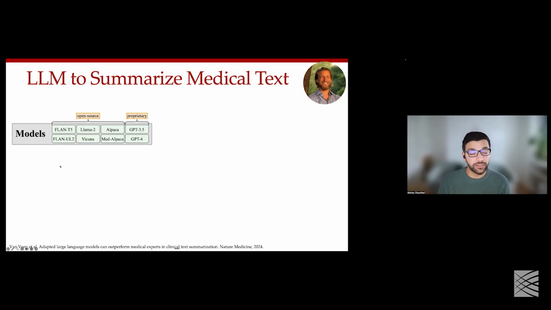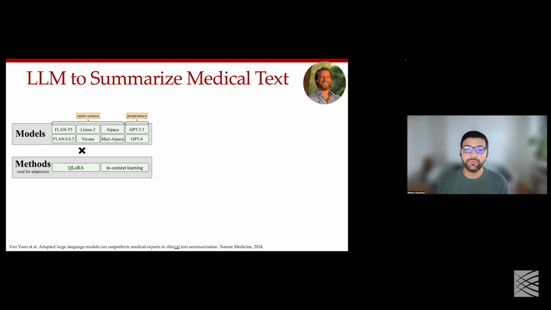We wanted to use a lot of open source models that we had available to us, and we wanted to use proprietary models that had high levels of performance. But given that we knew there's likely a domain shift between general domain knowledge and clinical knowledge, we also wanted to come up with different adaptation mechanisms where we can convert these models to having more knowledge about medical text. And we had two different ways in which we tried to perform this adaptation.